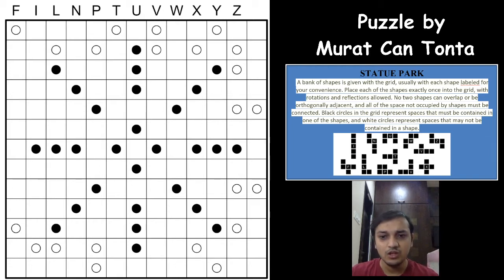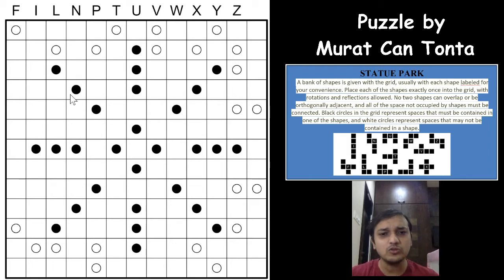So coming on to the puzzle, according to the rules, we have to place 12 pentominos. As you can see, the 12 pentomino shapes are below the rules. I've even marked the names, I mean to say the alphabets, indicating each pentomino. So there are exactly 12 pentominos of 5 cells each, and we have to place those 12 pentominos into the grid indicated by the black circles, right? So the pentominos have to be of black circles, right?